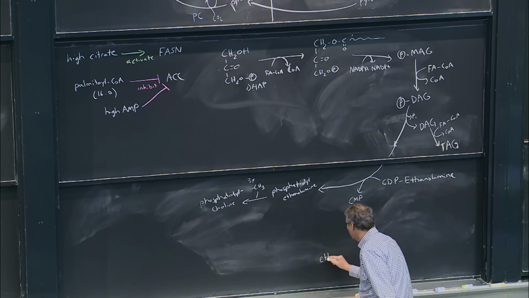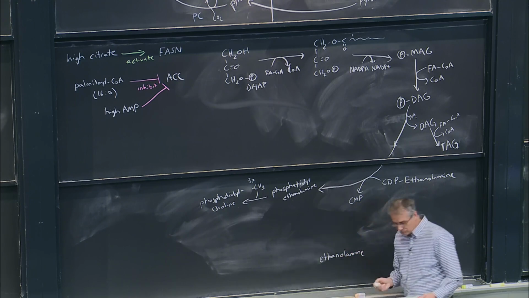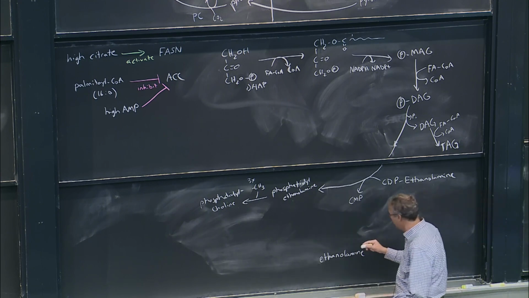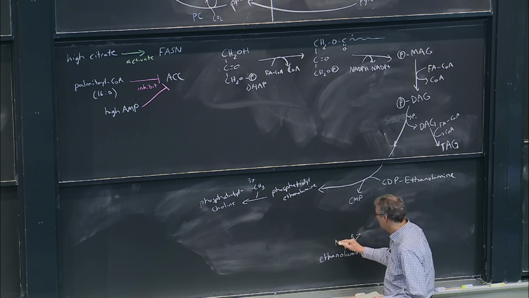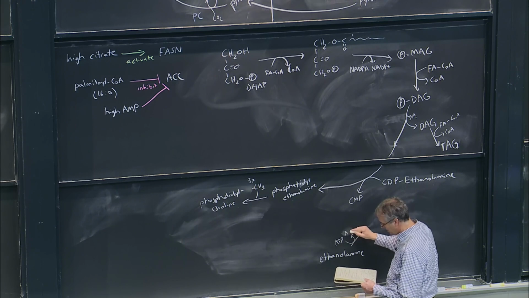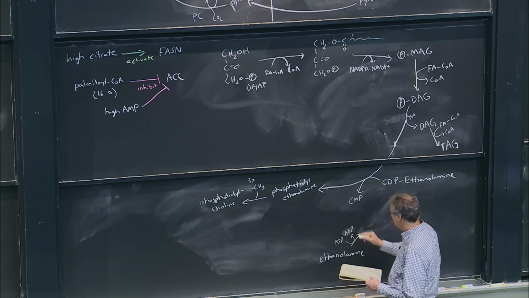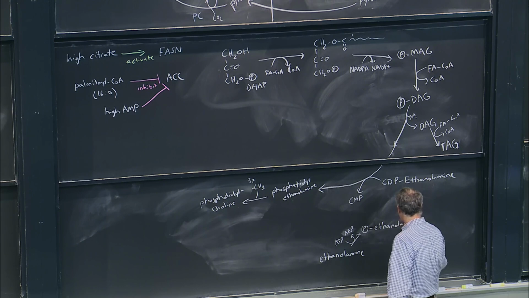And so if you start with the amino alcohol ethanolamine, okay, which itself is made from serine, but we don't have time to talk about how, this can basically be phosphorylated by ATP to put a phosphate on the alcohol to make phosphoethanolamine. Okay, so you have a phosphoethanolamine,